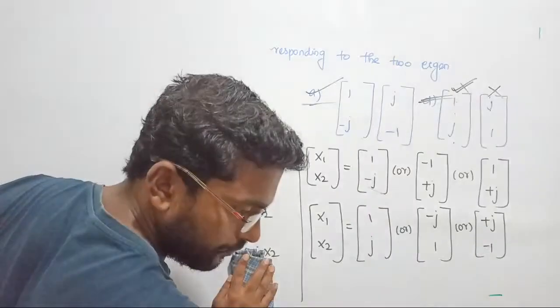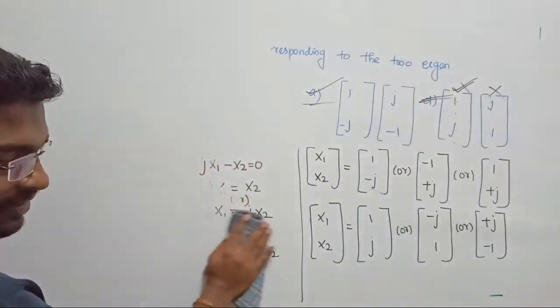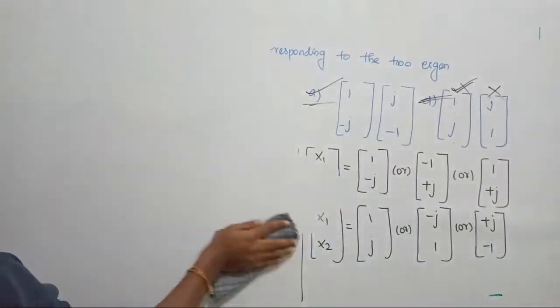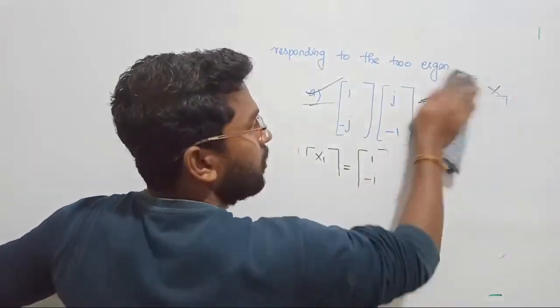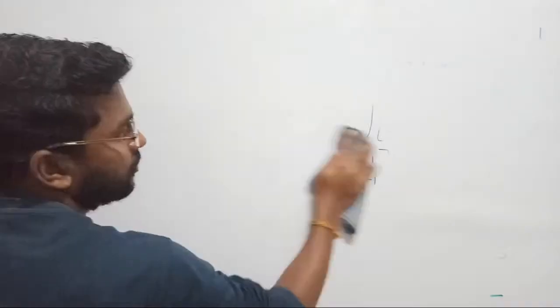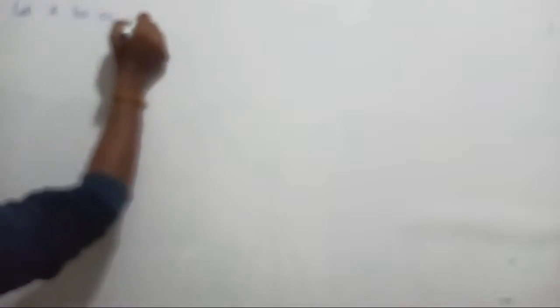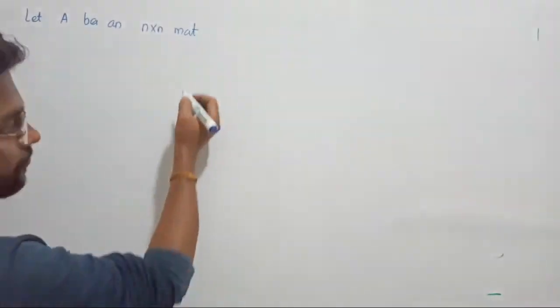Write down the next question. Let A be an n cross n matrix. Right, anyway, I'm going to write the question here. Let me rub this one. Let A be an n cross n matrix. Let us write the question. They said like this: n cross n matrix with